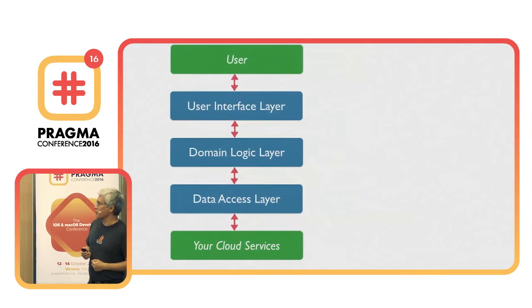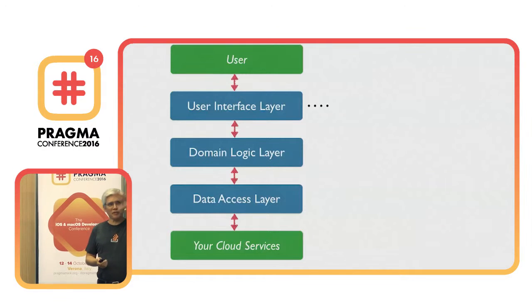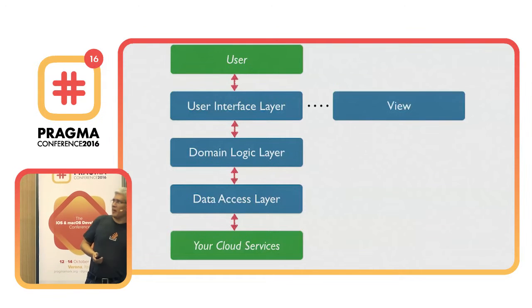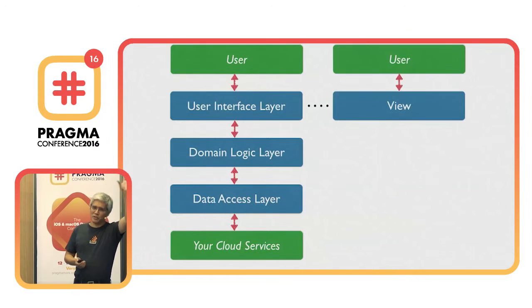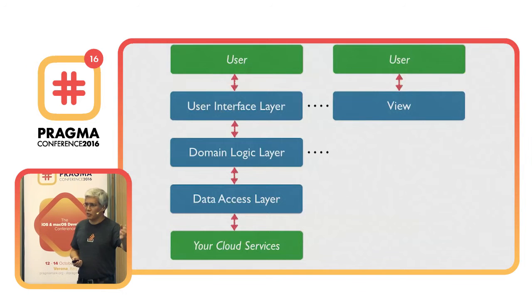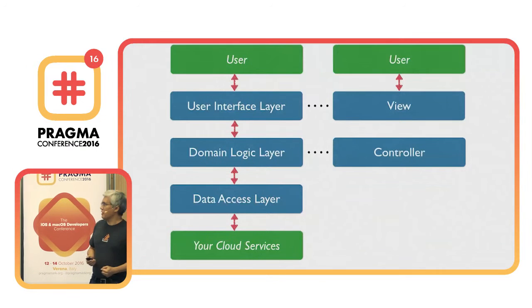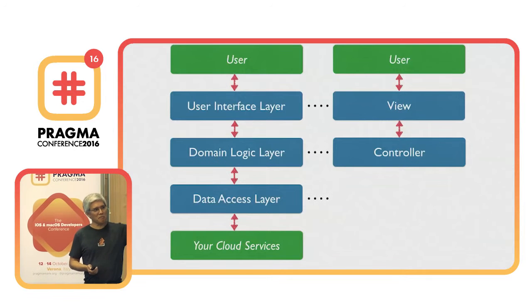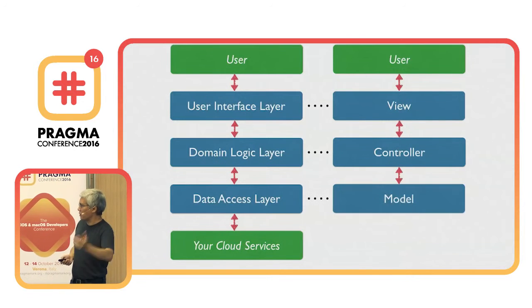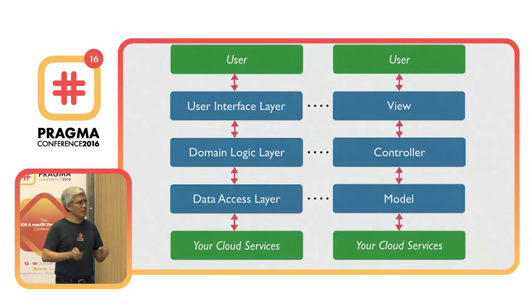It usually ends up looking like, well, UI, that's dealing with the view, and that's talking to the user. The domain logic, well, all our domain logic goes into the controller because that's easy, and that's talking to the view. And the data access, well, that's the model, so that goes there. And it all seems to look very nice and very clean,